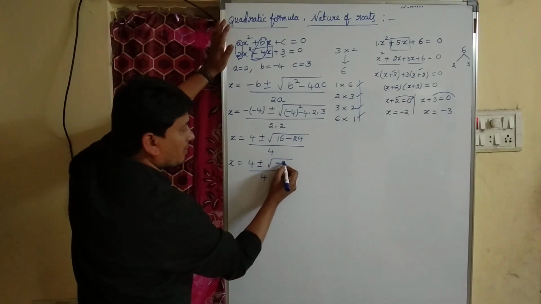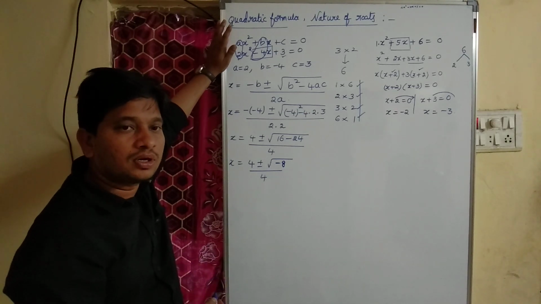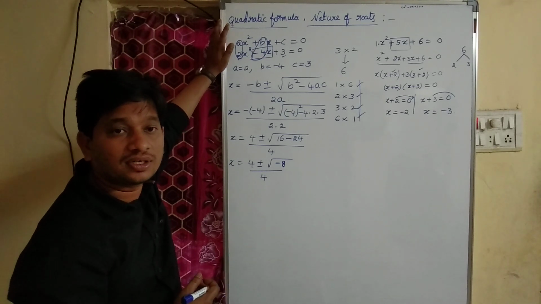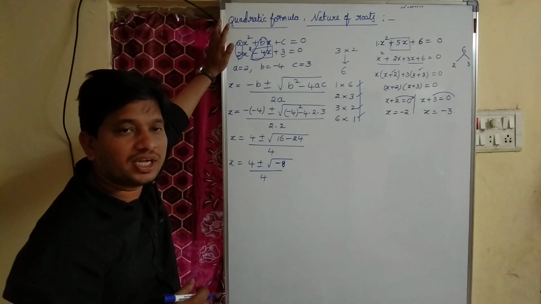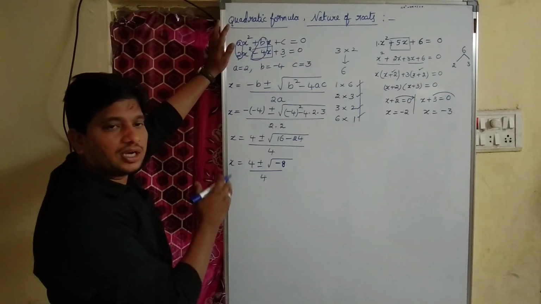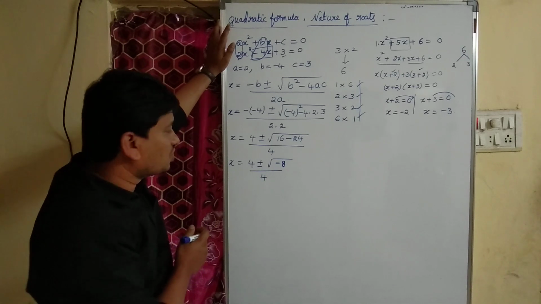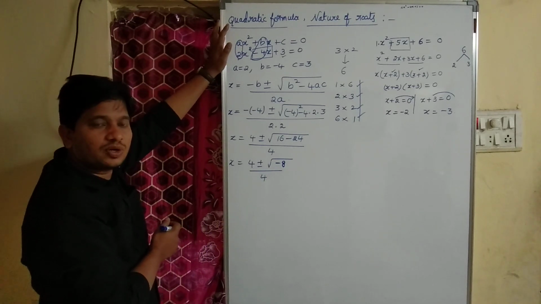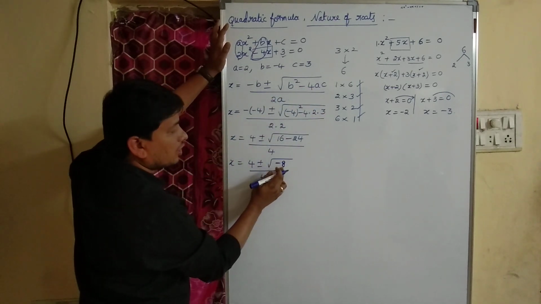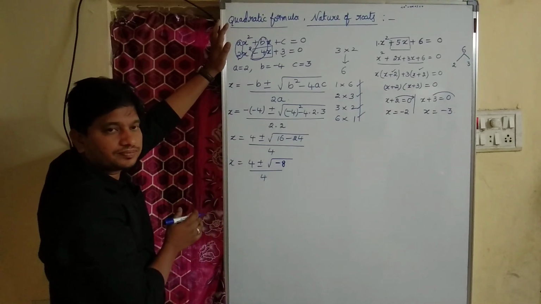So actually, as we got root over -8, is there any number whose square root is minus? There is no such integer. A negative number never has a real root, right? Yes or no? Actually, about this we will discuss in intermediate second year, that is complex numbers. Okay, children? So here we cannot find the roots because as we have b square minus 4ac value, we got -8. About that we will discuss about nature of roots, then you will understand.